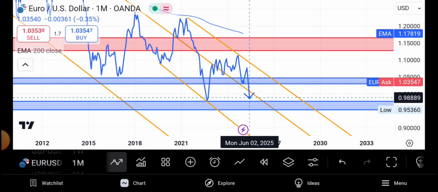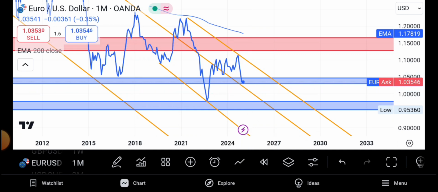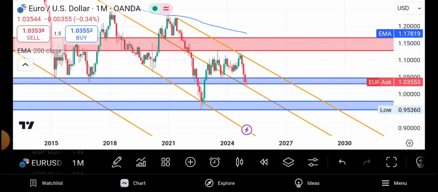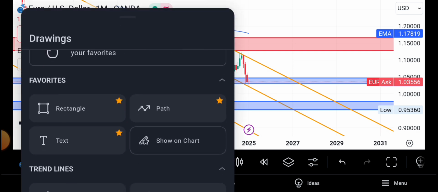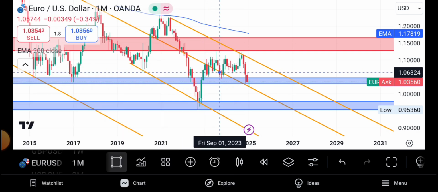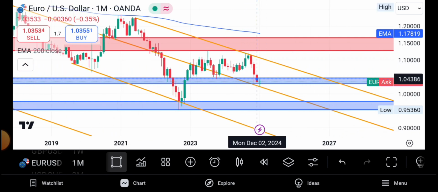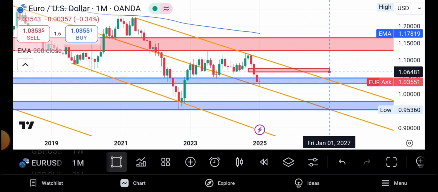Are you together? So let me tell you the exact reason why I will sell that zone. I will sell that pair once the price action is at that zone. This is monthly, and if you can see in the monthly time frame, the last months, December and November, we had what? It formed a fair value gap there. So all of us can see a fair value gap.